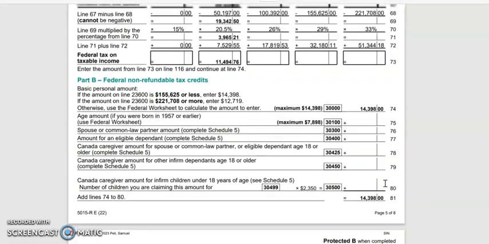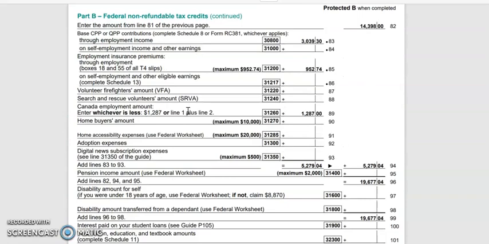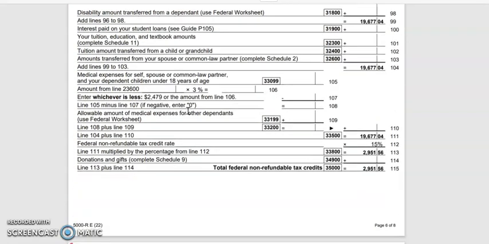And that comes directly from this 15% here, which is the lowest tax percentage that we are charged on our income. So the non-refundable tax credits are calculated at the 15%, the lowest rate. So that multiplied out gives us the